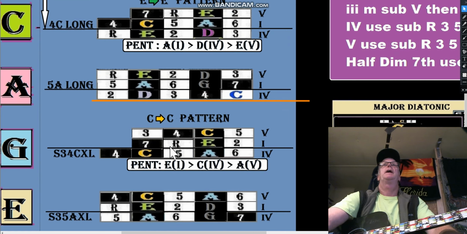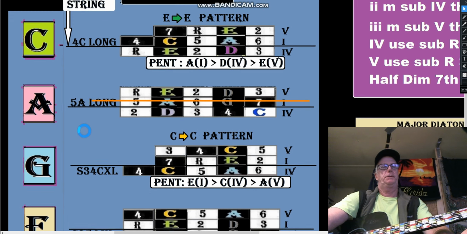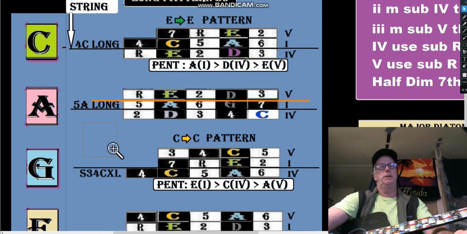This C to C pattern isn't really as good because we don't have an entire C pentatonic down there. Okay, so that's really kind of like, you know, sorry about that. And you want to copy, put a little